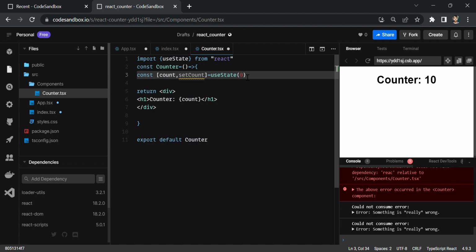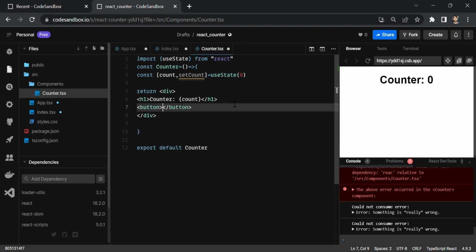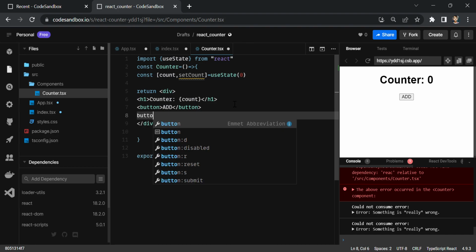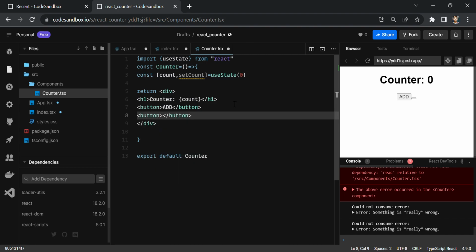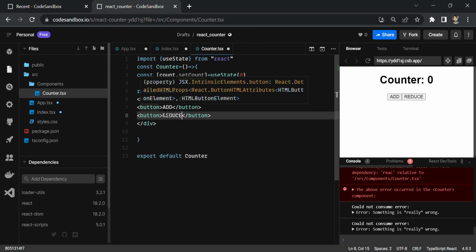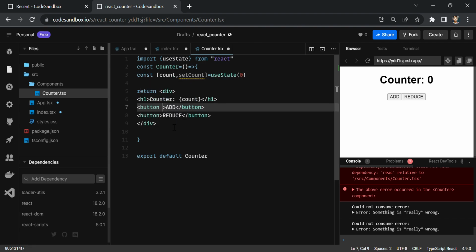Initially I'm gonna write here 0, and now I'm gonna put a button which is gonna add, and I'm gonna put another button which is gonna reduce. So I have created two buttons. With the help of this button I will be able to increment the count, and with the help of the second button I will be able to decrement the count. And to do that I have to